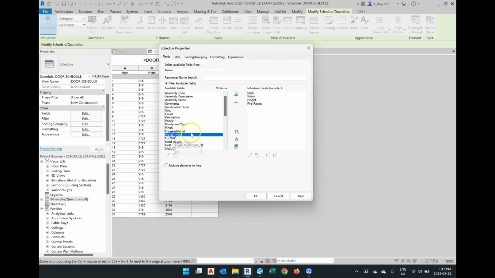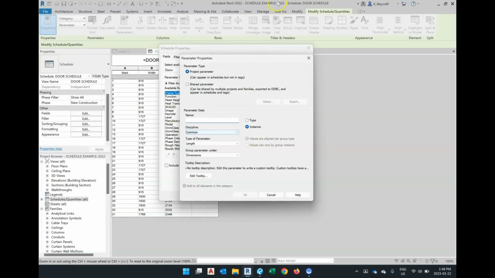You'll see frame type. You're going to see all these different predefined properties of these doors. I find it's best sometimes to just simply create specific fields just for what we want and name them in a fashion that's very, very straightforward. So when you want to create a new field, then what you can do is pick this button, New Parameter,